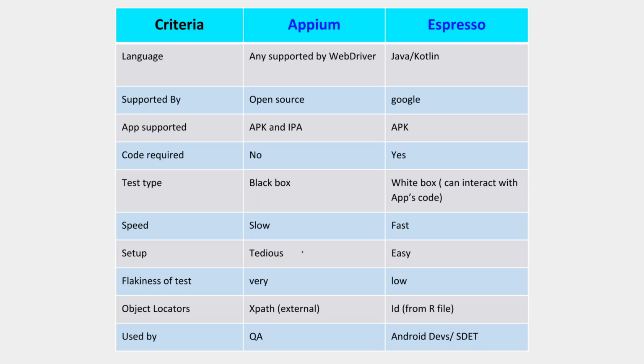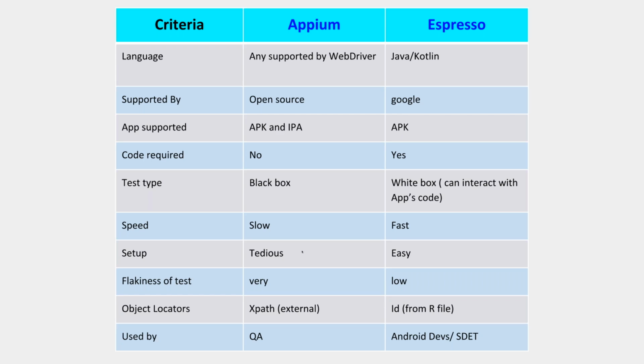So I created a table to differentiate Appium and Espresso, because a lot of people still try to decide which one to use, and that's why I think you're attending this webinar. I was in your shoes some time ago as well, so this is good to know. So language: like I mentioned earlier, Appium supports any language that WebDriver supports, versus Espresso, Java and Kotlin. Appium is supported by the open source community, Espresso is supported by Google,